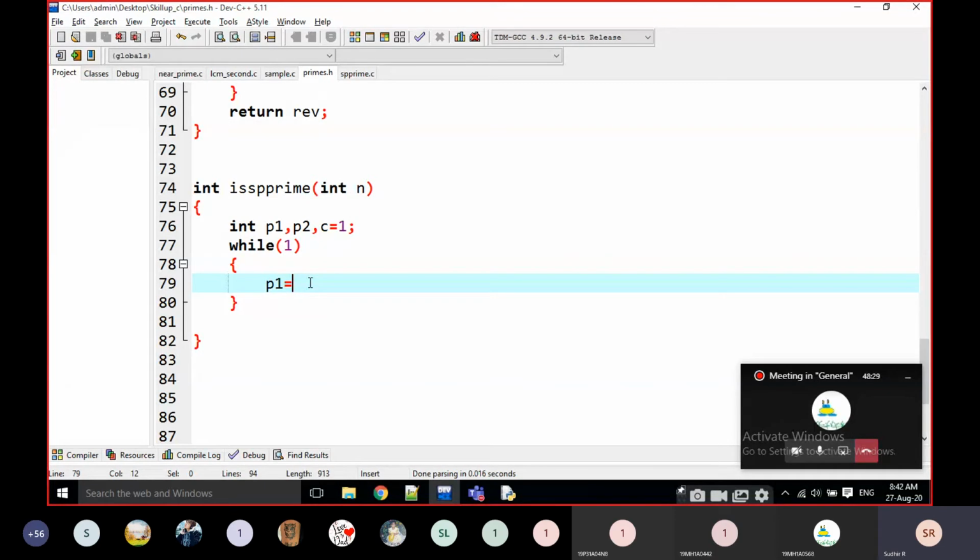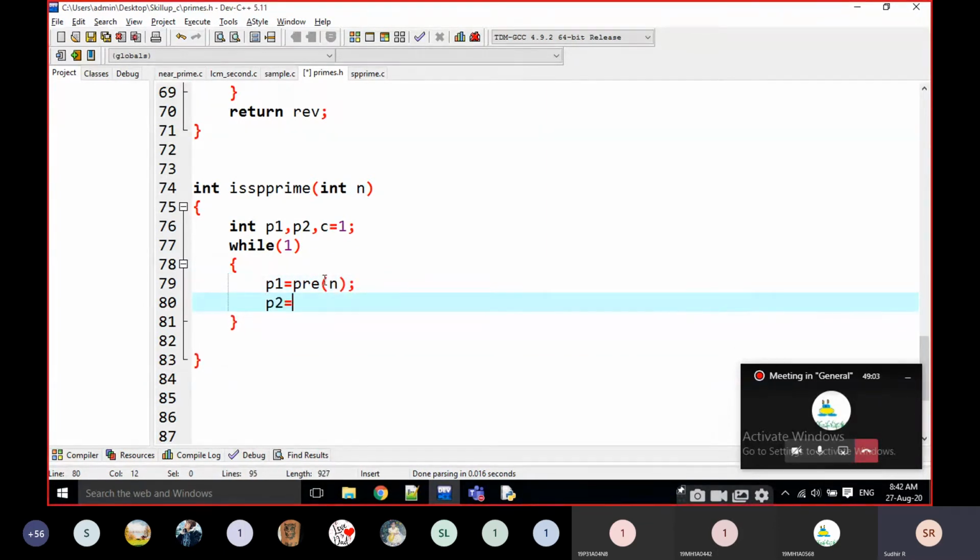Now I want to find the previous prime of n. I am going to find what the previous prime of n is. Some previous prime of n, and I am going to find here p2 is equal to previous prime of p1.